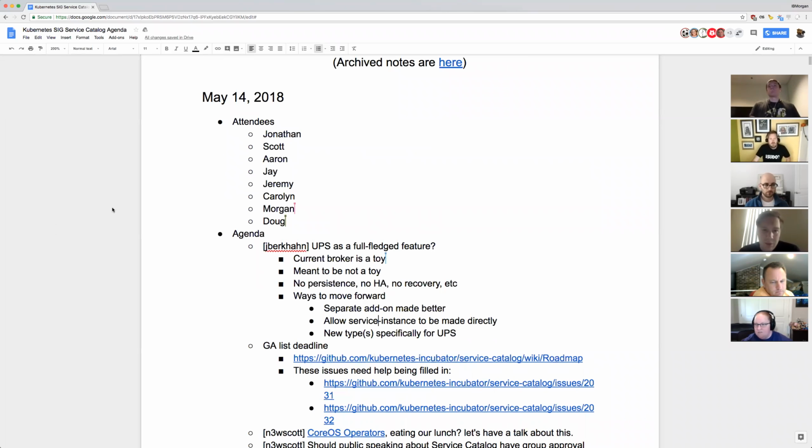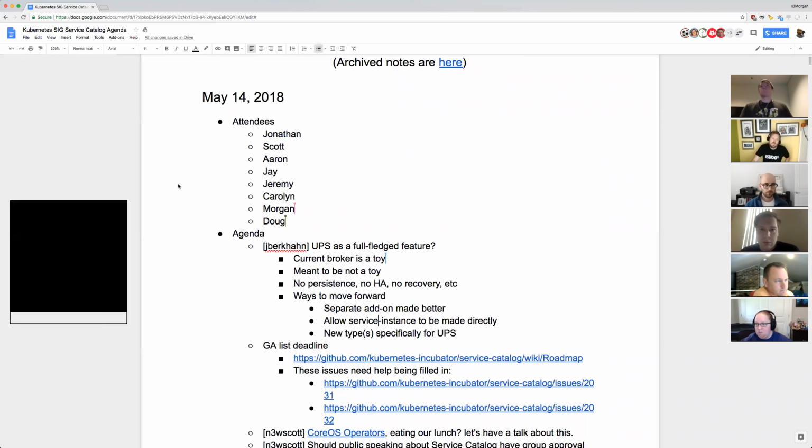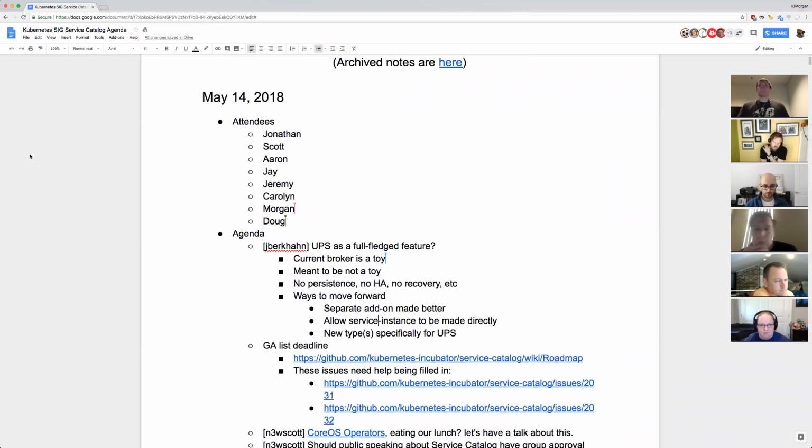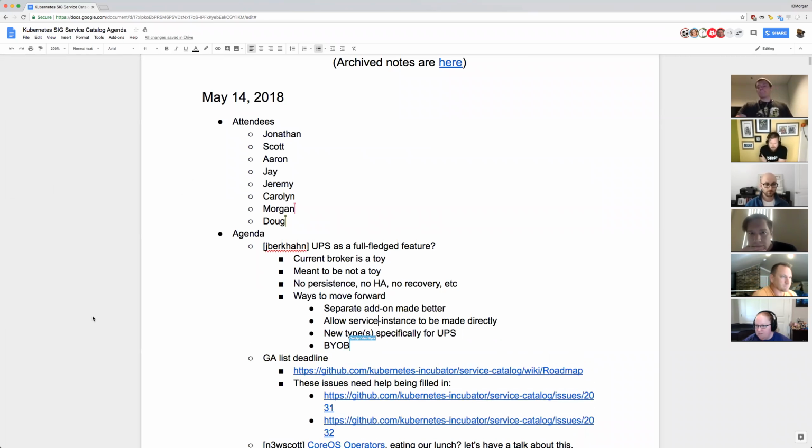Okay, that's interesting. We have a bunch of cases where people are migrating, and they have a database already. They're either coming from Cloud Foundry and they've used our old broker and they want to use our new broker, and they want to register that thing inside of it and continue using it as a full-fledged resource where it's not just a